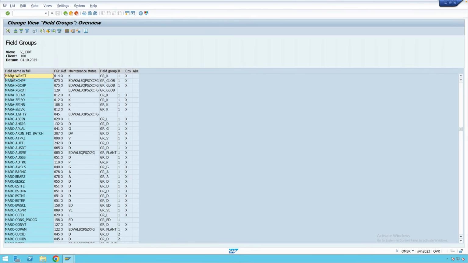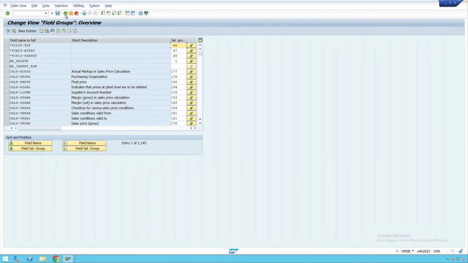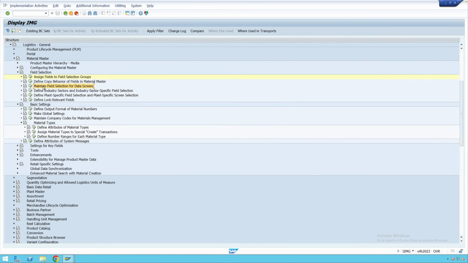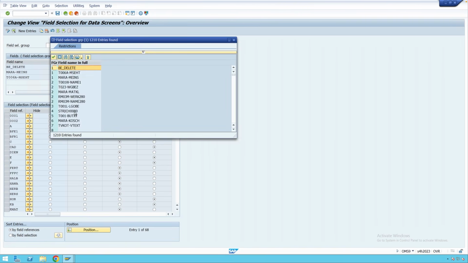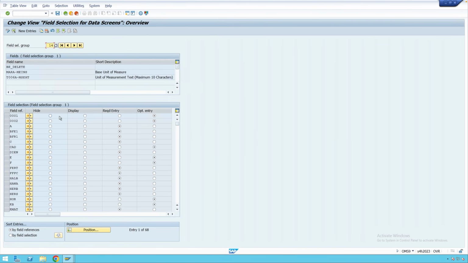So you can see this particular field is assigned to field selection group number 14. So we'll go back. We'll again go back and we'll execute this particular link, that is maintain field selection for data screens. We'll enter field selection group as 14 here. We'll press enter. And now if you want to see what all field selections have been done against this field selection group in the predefined hierarchy, then you can select this particular radio button here, that is by field selection. And you can see the system will show you all the field references in the given